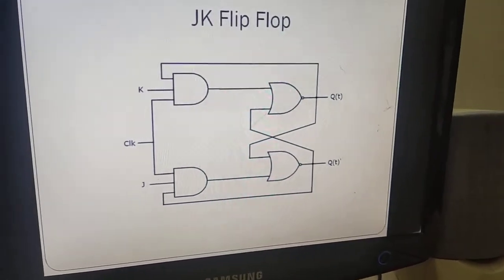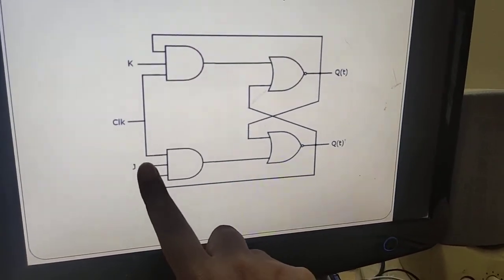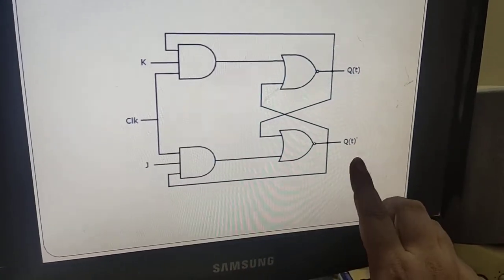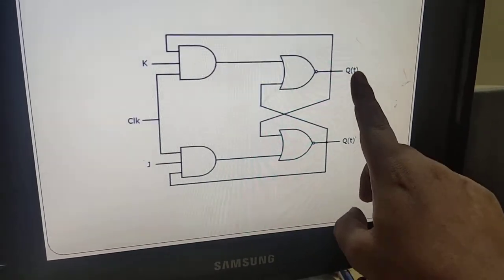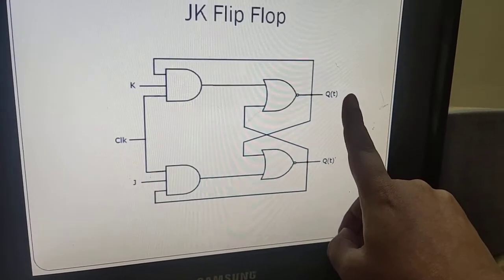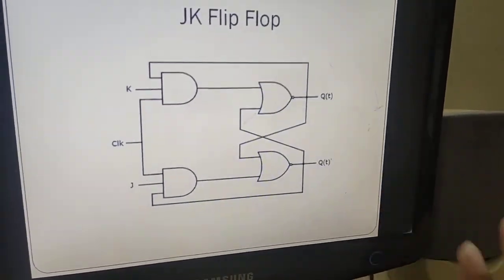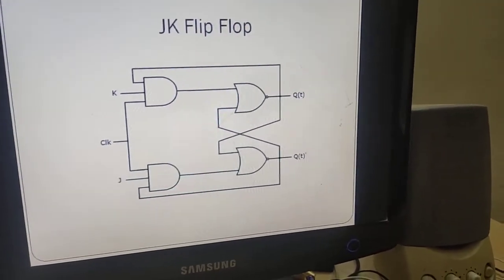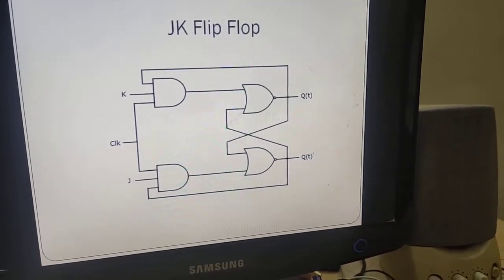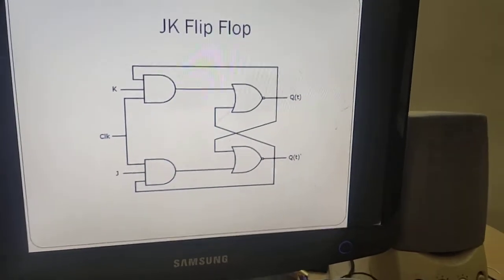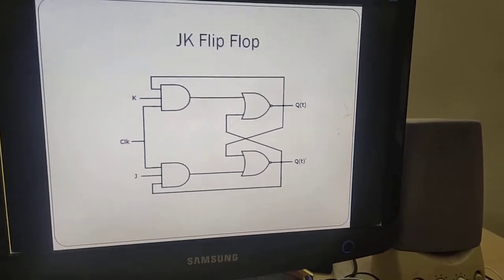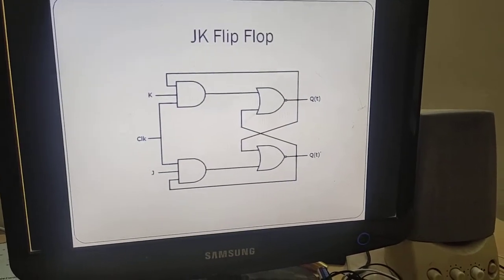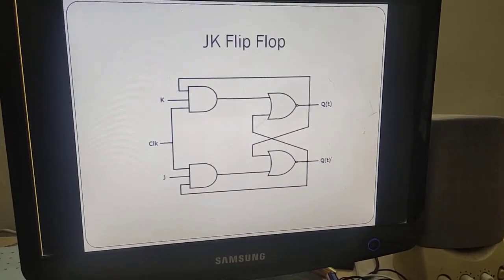Now you change J is equal to 0, K is equal to 1. So what will happen is this becomes 1, Q(t) bar is equal to 1, Q(t) is equal to 0. You can try it on your own and keep it. What you have to do is, before you go to the next state inputs, you have to keep track of your previous inputs. Only then will you be able to know how we can get the next value. This is one significant aspect as far as your flip-flops are concerned.